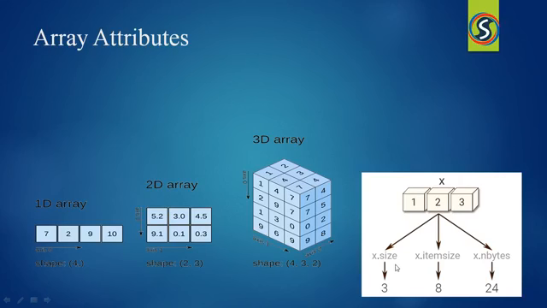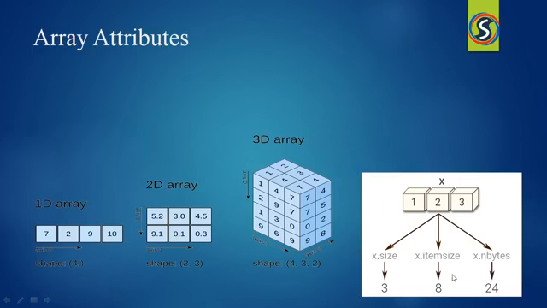Whenever you want to check the size of the array, use size with the variable name. Then it will give you how many elements are there. Here 3 elements are there in that array. And if you use itemsize, then it will give you how much space is occupied by each and every element. Here each element occupies 8 bytes of memory. When you want to know how much memory space is occupied by the entire array, then use nbytes. It will give you how much memory space is occupied by the entire array. When you multiply this size with the item size, then you will get the number of bytes.